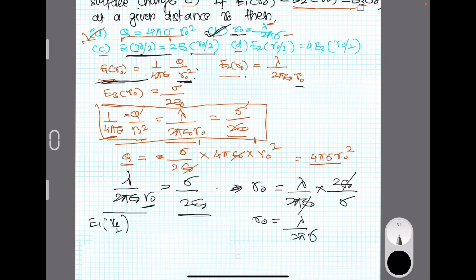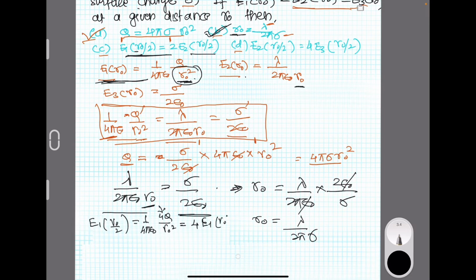I will have to replace this R naught with R naught by 2. So it will be R naught square by 4, and that 4 in the denominator will go in the numerator. So finally we will have 1 upon 4 pi epsilon naught 4 q upon R naught square. So we can see an extra factor of 4 is over here because of this R naught by 2. So simply we can write this as 4 times